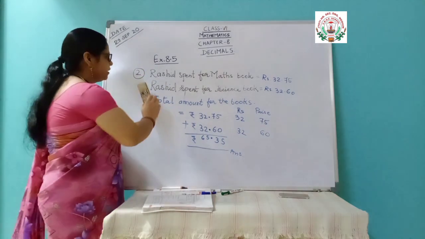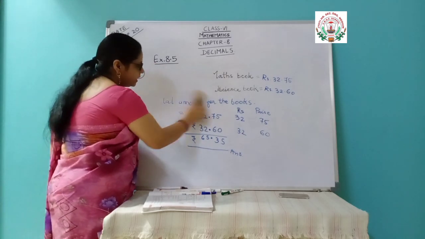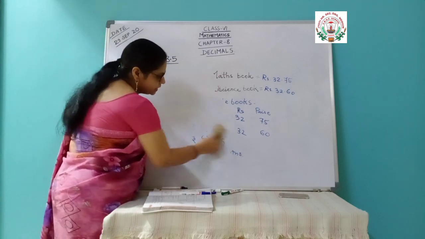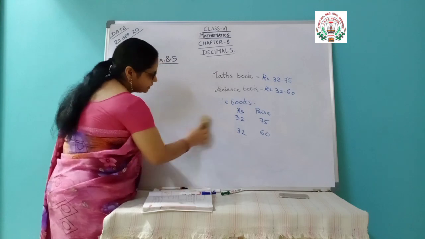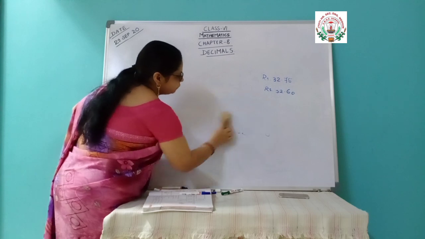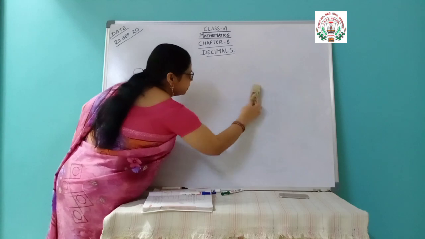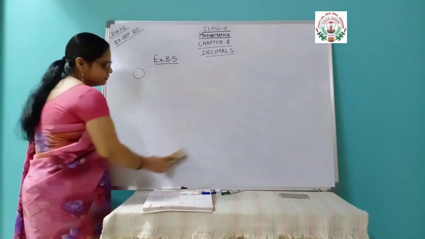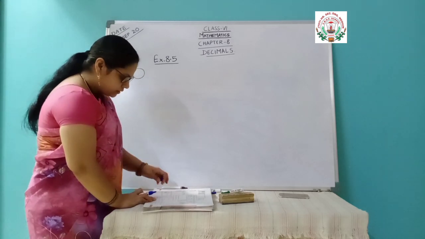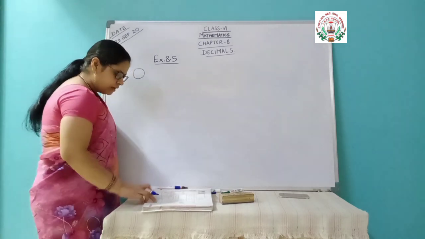Listen very carefully. Question number 4 I am writing and explaining. Just a little difference is there, but if you make a mistake in that, the whole answer will change and the answer will become wrong. So just listen very carefully what is that difference and why it is so important and why the answer will become wrong. Okay. Now, Nasreen bought 3 meter 20 centimeter of cloth for her shirt.